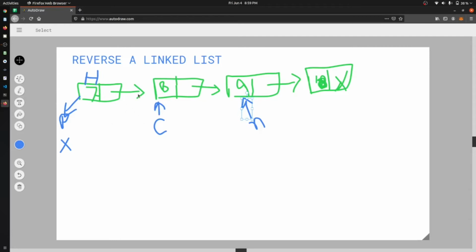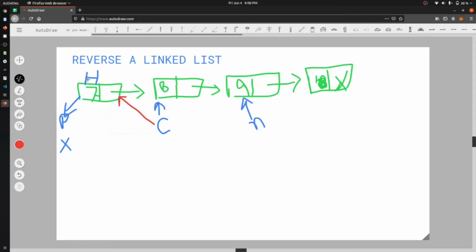It means that this arrow will now be reversed. Let me use a new color. So current will now point at this, because at this point this has become the previous.